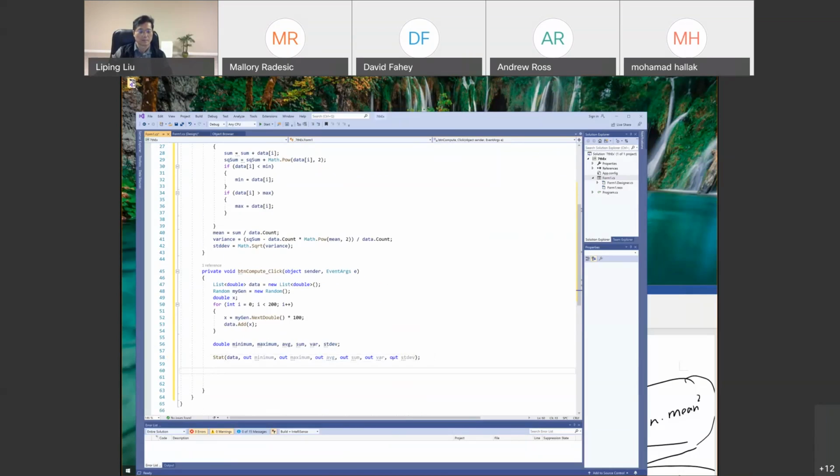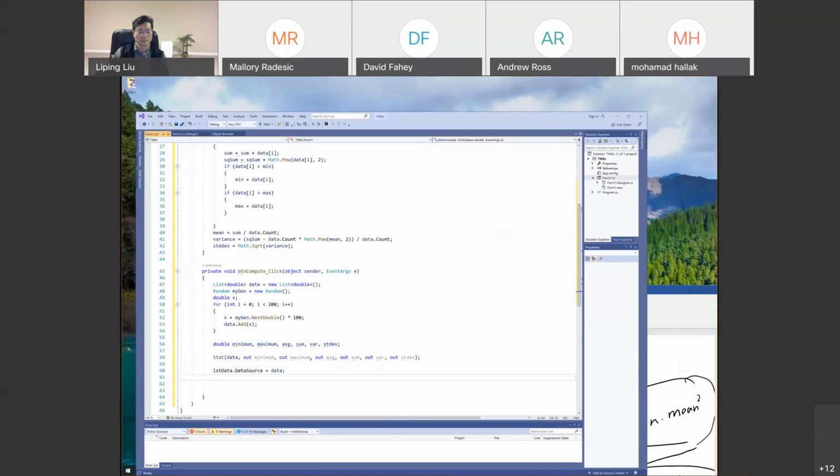Okay, and now we are ready to report the result. First of all, I am going to show the data in the list box. lst dot DataSource equals data. Next, I'm going to show all this output using the text box. So for txt result dot Text equals to,